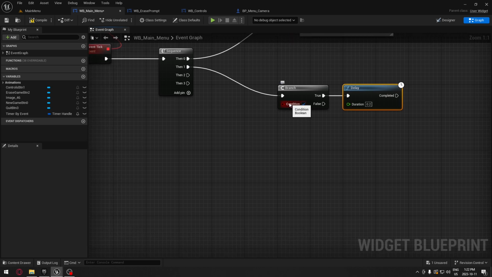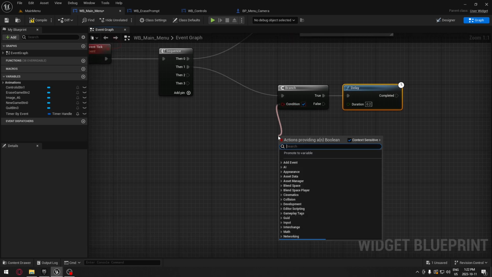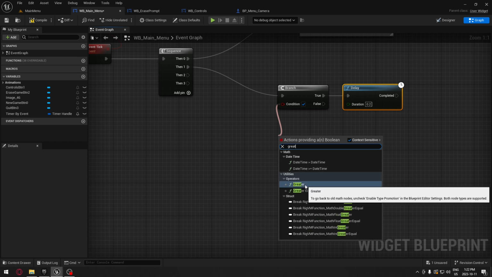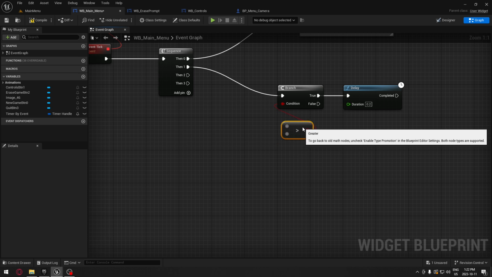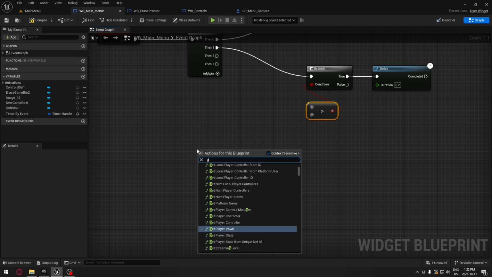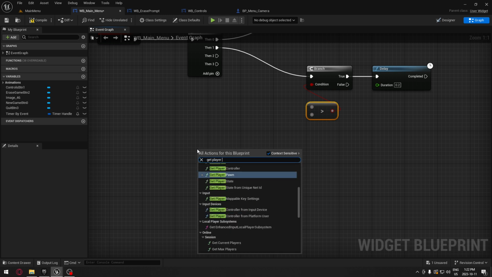From the branch here, we're going to search for greater. There you go, like this, not equal, just the greater. And from here we need our player controller. If we're going to get player controller,